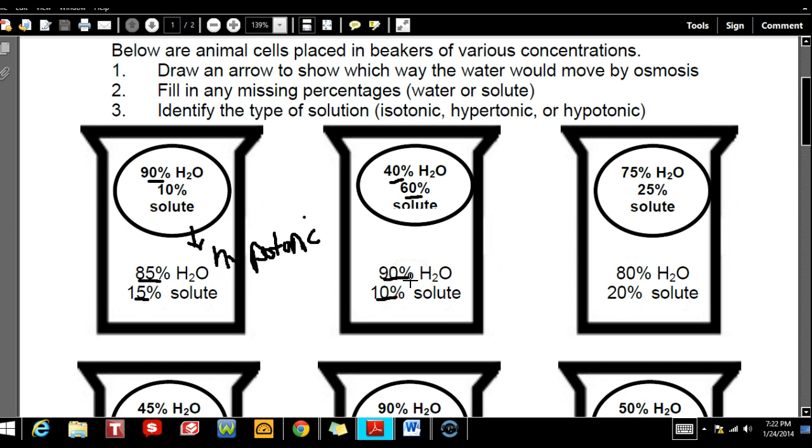Bam, it's in the beaker. The lower water concentration is in the cell. So what happens is water moves in, okay? And we would call this a